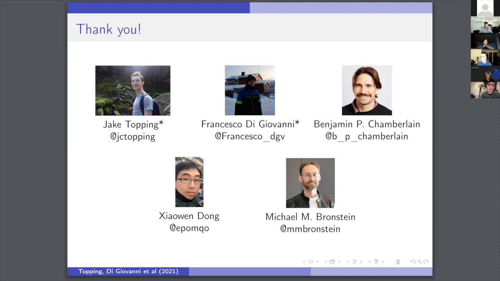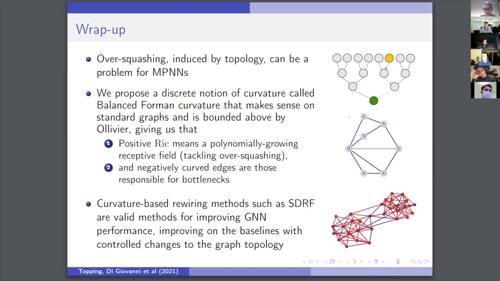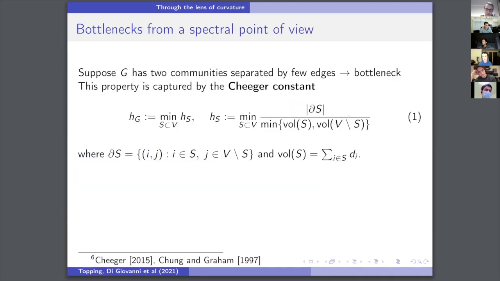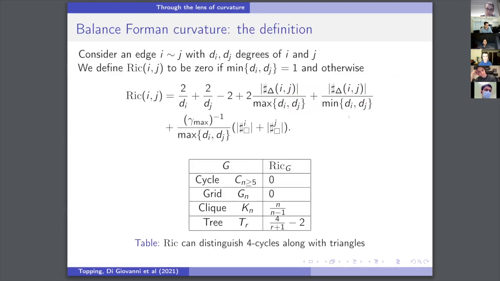Johannes, maybe? Yeah, hey. Thanks a lot for your great talk. Very interesting. I actually have a lot of questions, but I'll sort them by relevance and maybe threshold. The first question I wanted to ask is, in your definition of curvature, why did you stop at 4 cycles? Is there a reason to exclude 5 cycles or other motifs to measure local connectivity? Is it purely computational, or is there a reason that these motifs are not relevant?